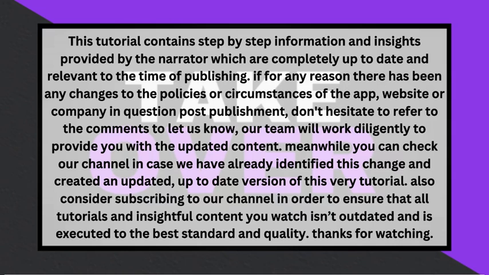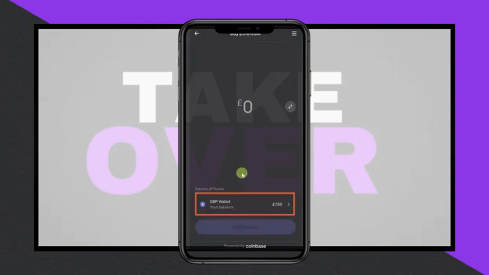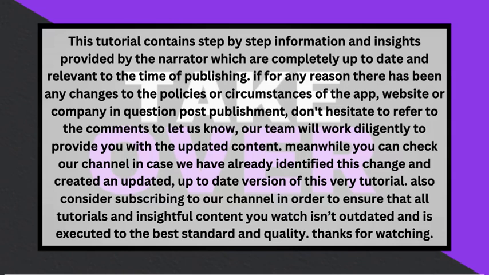Then click the Buy button. After that, you will need to select your payment method by clicking on the designated area, where you can choose a previously selected payment method or add a new one, such as a bank account or credit card, by clicking Add Payment Method. Once you have selected your payment method, enter the amount you want to purchase and click Preview